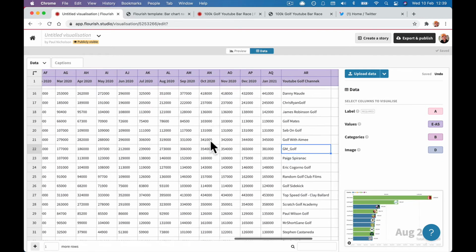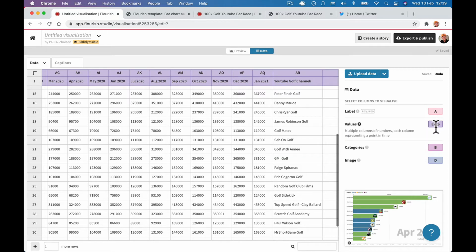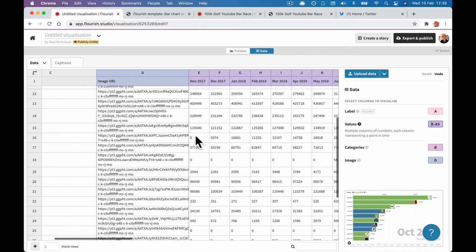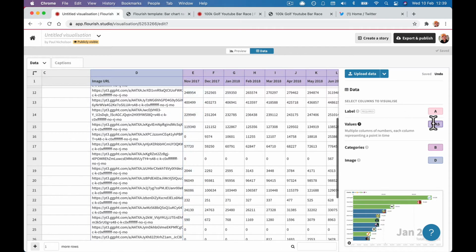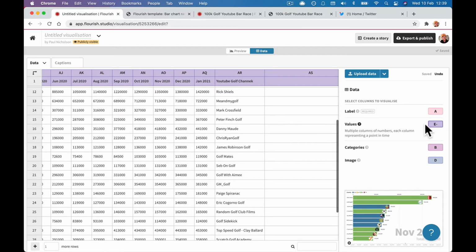So I've got my information, and the last thing I need to do on the new sheet is tell it where the data is. So the data begins at E and it ends at AQ, right? So the data set starts at E. So we're going to start at E and then put a dash, minus sign, whatever you want to call it. Ends at AQ. So wherever you end, do that. And then you'll see by the colours where everything is